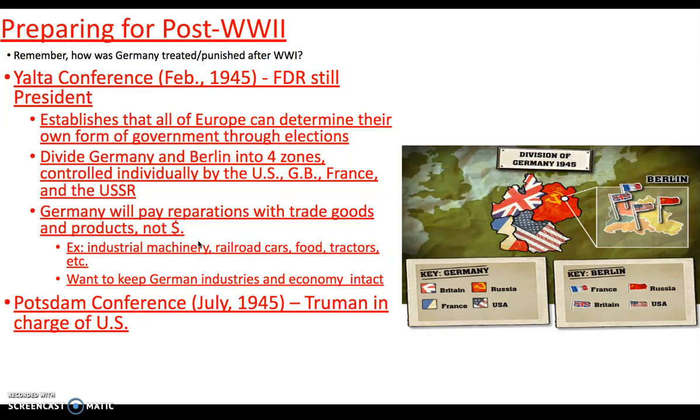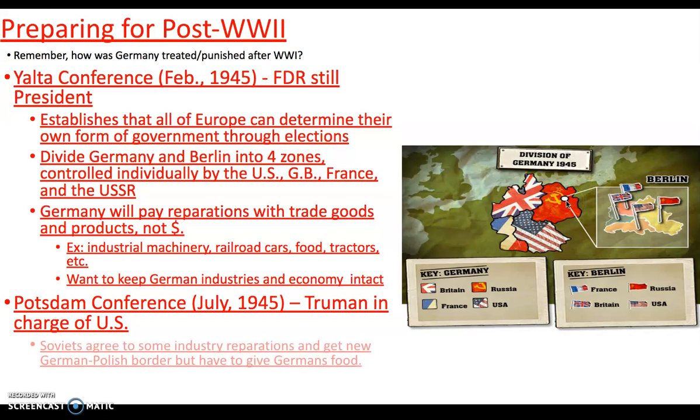All right, he meets at Potsdam, and essentially they don't really determine anything. Potsdam is this little suburb here in Berlin. You can't really see it on these maps, but it's just right outside Berlin. Essentially what they agree to is, again, putting more of this stuff down to paper. There's nothing really big that happens at Potsdam, other than the Soviets agreeing to industry reparations instead of just punishing all of Germany, which is what they wanted to do.